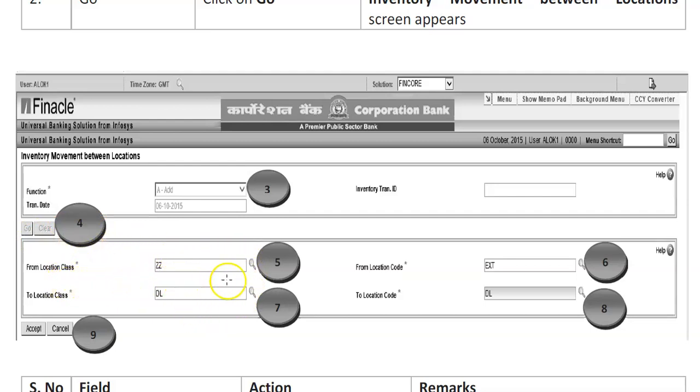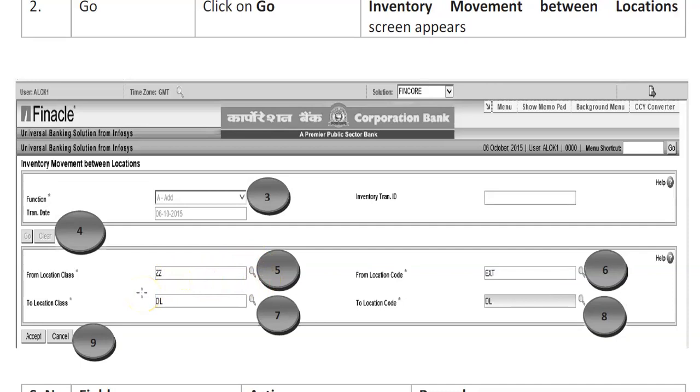From location class to location code, from location class to location code, these have to be entered. As I told you, inventories have come from the printing and stationery department to ZZ and EXT. This has to be chosen. You can go on searcher also. You can choose from there, or you can type ZZ and EXT. Why searcher? Because if you make any space or any mistake in entering, it won't accept it. It's better to go on searcher, and with practice you can click with the mouse or write ZZ,